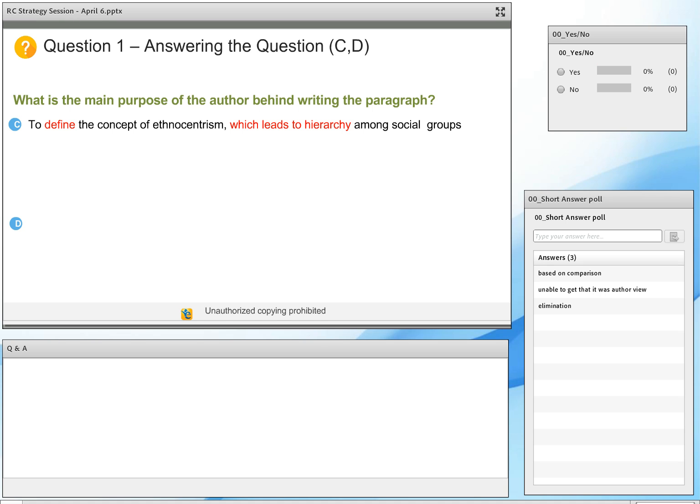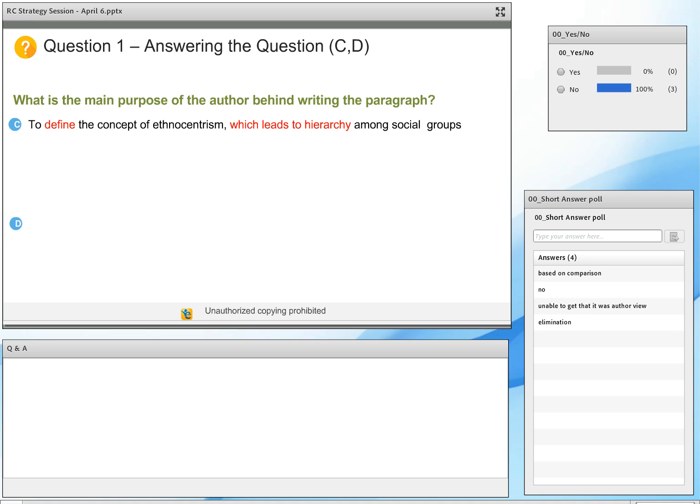Take up any stream, take up something which you are an expert in. If your intent was to define a term from your own field, will you use the most extreme definition? No, you will not. You can introduce the term utilizing the most extreme definition or one of the extreme definitions, but you will not be able to accomplish your goal of defining that term if you simply use an extreme definition. Okay, so what you see over here is, to answer a main point question, I'm utilizing my passage summary,